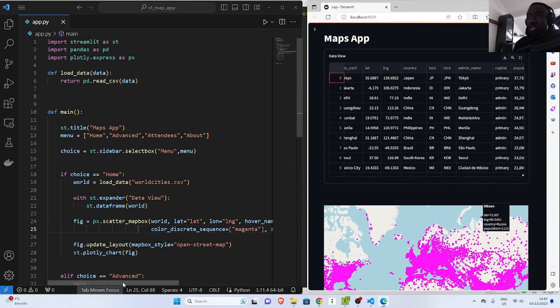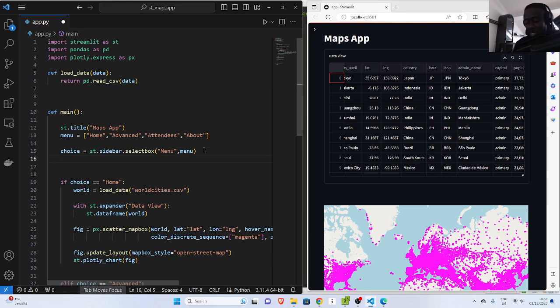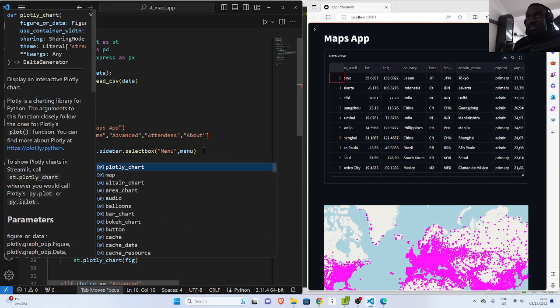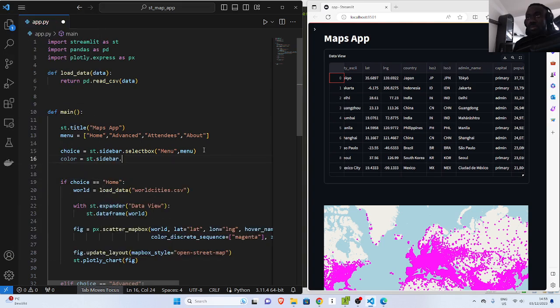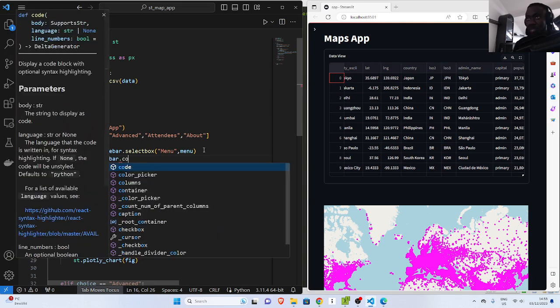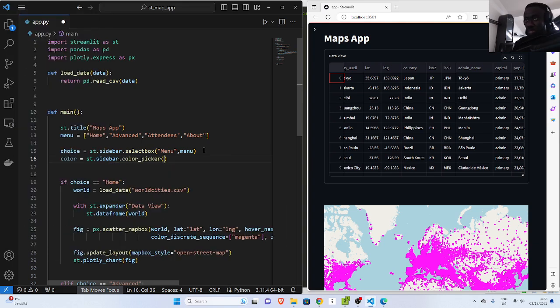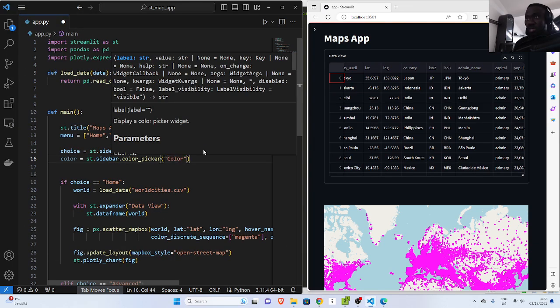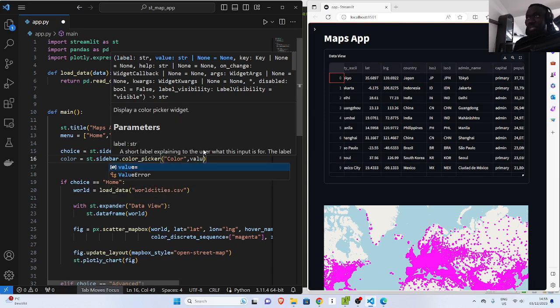So I also want to automatically change the color, so I can go back here inside my sidebar, and I want to specify some color that I want to use. So I'll call that color, that the user can pick. Then Streamlit.sidebar. There is a color picker option, which I would call my color, and I'll give it a value, as you can see. So the value I want to give it is, you can just give it any of these values. So let's give it a value of